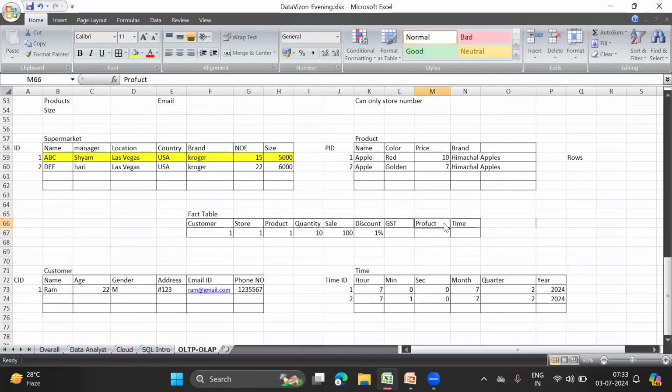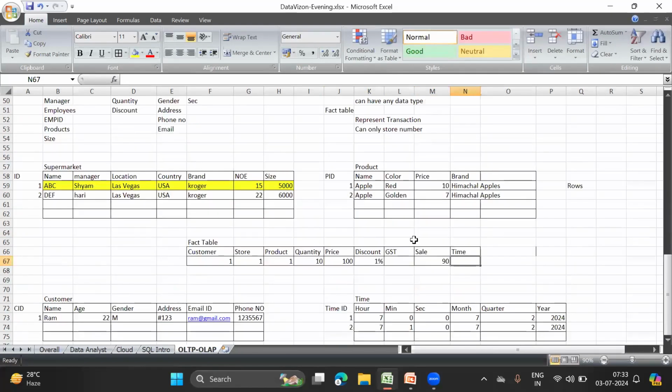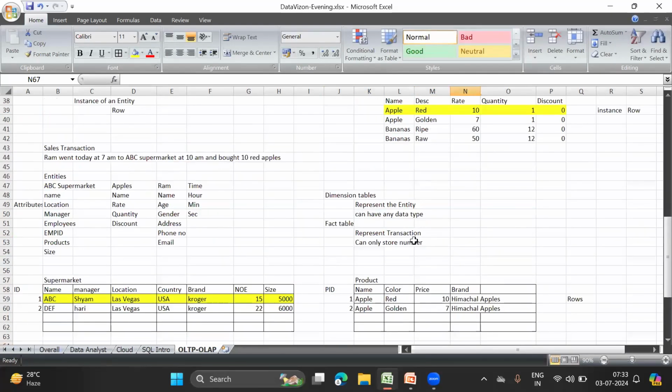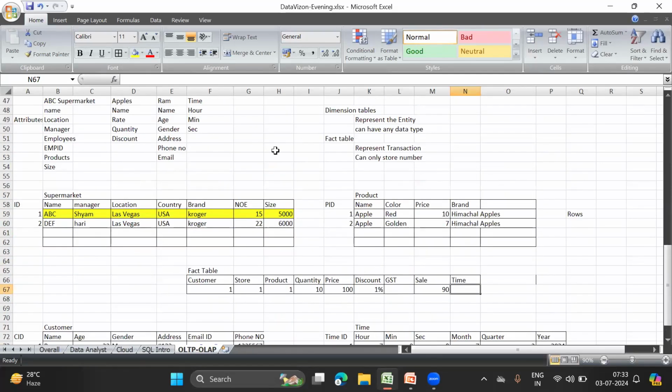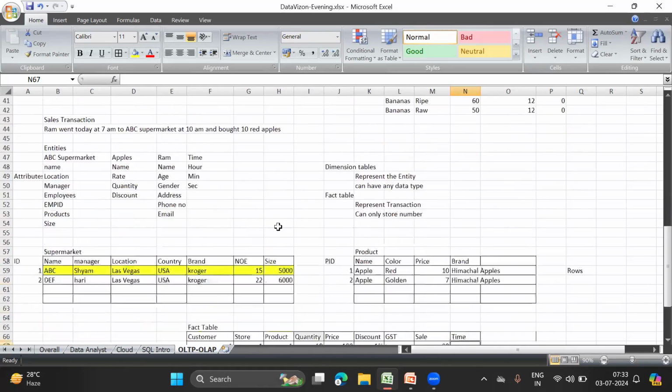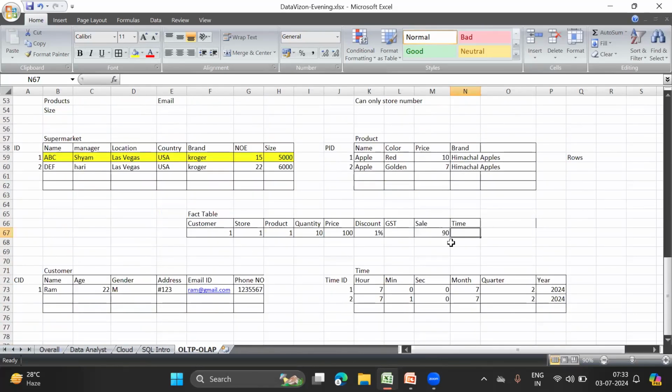And then, oh, sorry, what was this? This is like the price, and now we can say that is the sale amount. Okay, and because there is a 1% discount, the transaction was for 90 rupees, and it happened at 7 a.m., so we will say this time identifier 1.